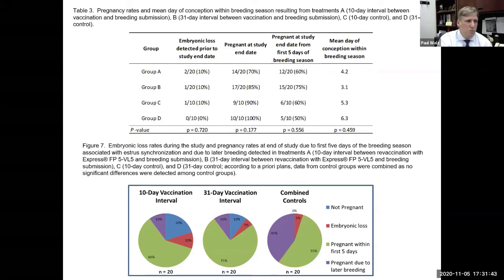What we saw in this particular case is that we actually had equal numbers of animals that were pregnant within that first 5 days of the breeding season. So there's a bit more in the study that I should tell you about, but we just don't have time. And you can read the manuscript, but these animals were subjected to a synchronization program, and then we actually used a bull breeding program. And so these are the animals that got pregnant in the first 5 days of the breeding